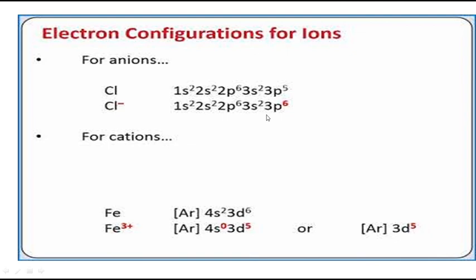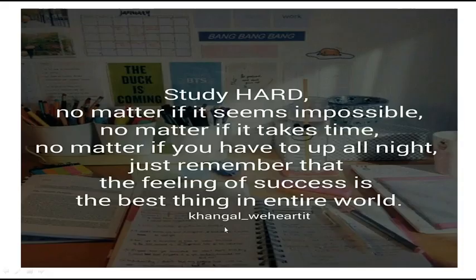Okay, but for other atoms, no problem. If there is no d, no problem. Simply you can remove from the last shell. Only if there are d electrons, you have to remove from the s. Though it comes in front, it's not the valence shell. Though it comes in front, energetically removing the electron from the s orbital is more favorable. So these are all the important points I have discussed.